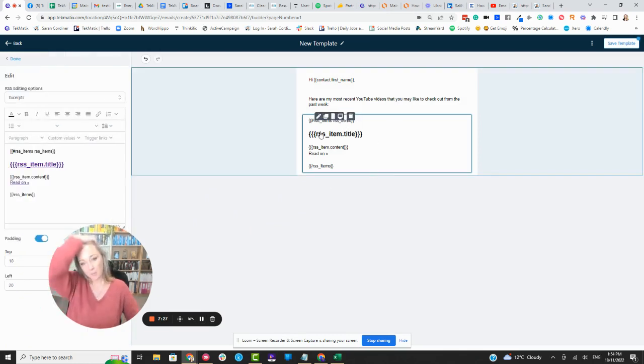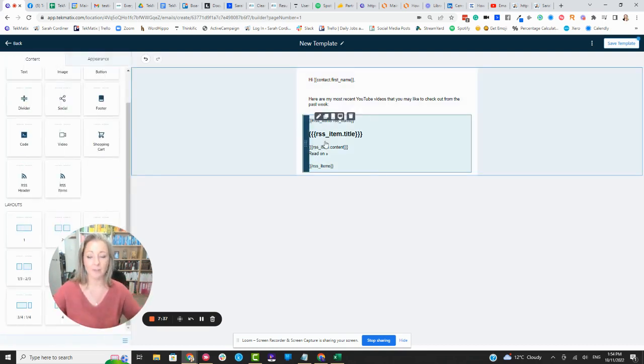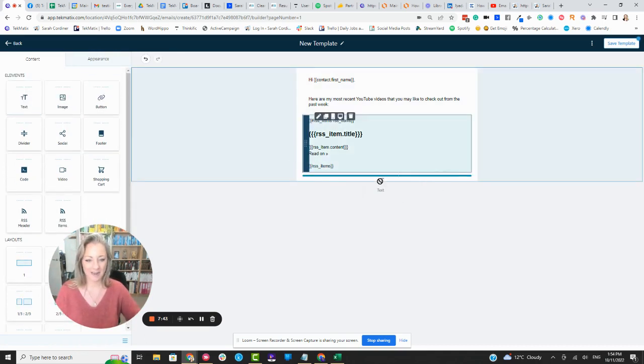Drag and drop. So it's going to bring over all this funny looking code. Don't freak out. It's all going to be good. We're automating our tech in over here. Don't panic yet. Don't do anything with that. Just drag and drop it over and leave it. Don't touch it. Now I'm going to go back and just add the final bit of text, drag and drop,